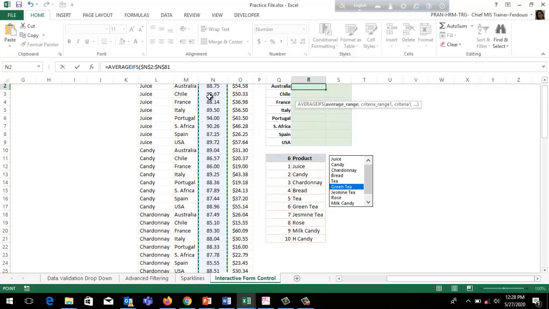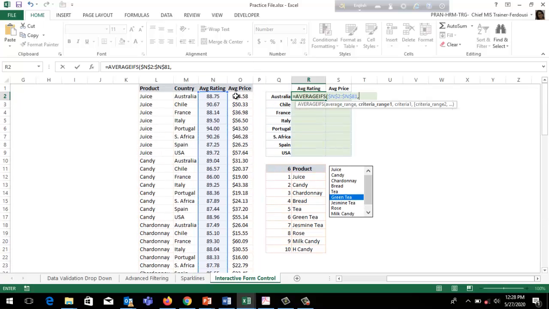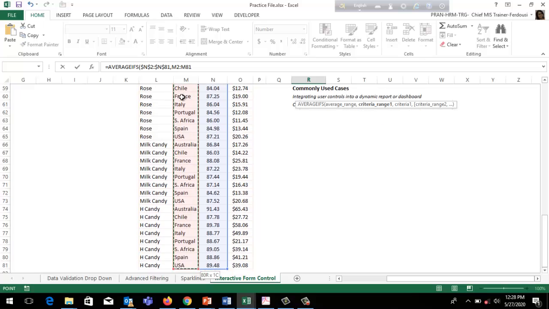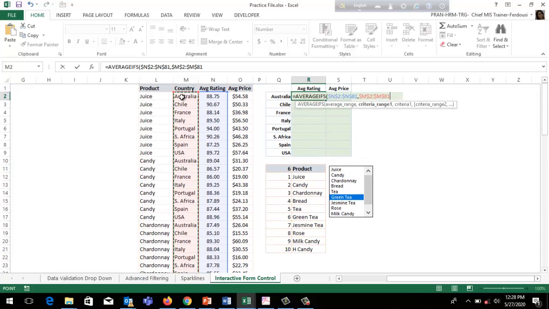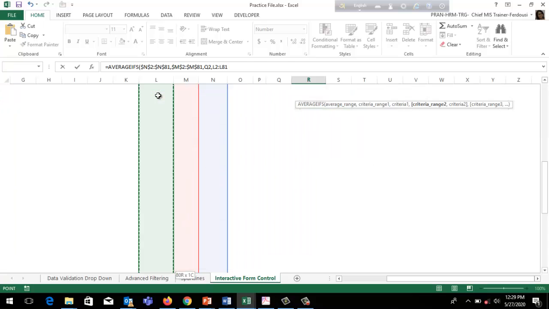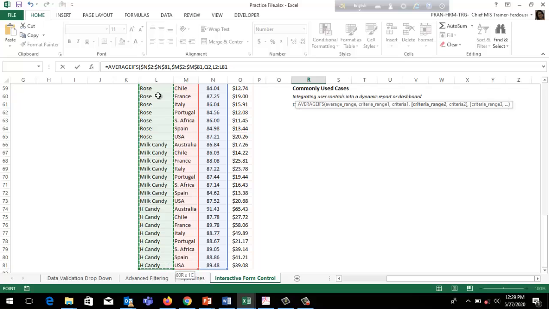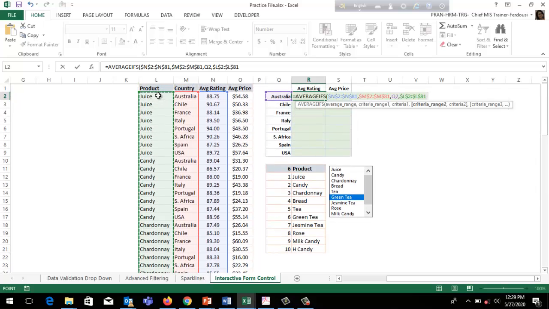Press F4 to fix it, comma. Criteria range should be this column. Press F4 again, use comma. Criteria, country name, use comma. Now second criteria range should be product. Use this column, press F4 again.